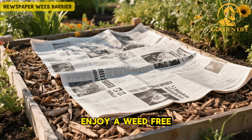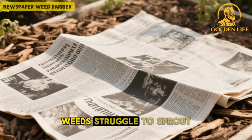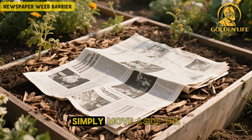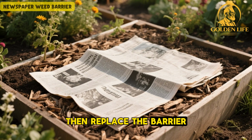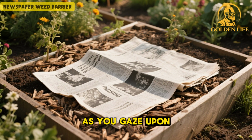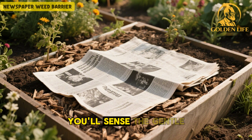Enjoy a weed-free space. With this barrier in place, weeds struggle to sprout, giving your flowers and vegetables space to thrive. When it's time to plant new seeds, simply move aside the mulch and paper, sow, then replace the barrier around seedlings. Emotional reflection. As you gaze upon smooth mulch-draped beds free of invasive weeds, you'll sense the gentle power